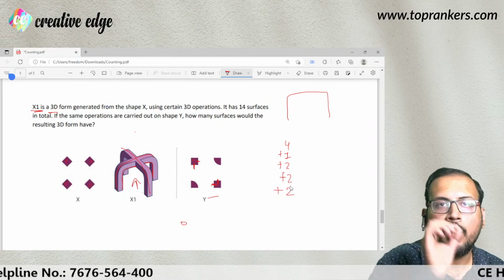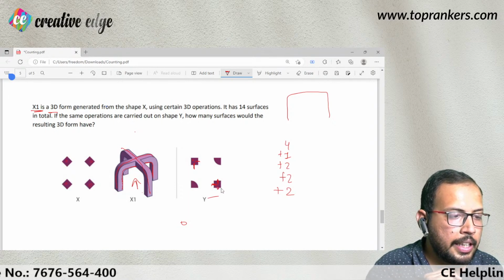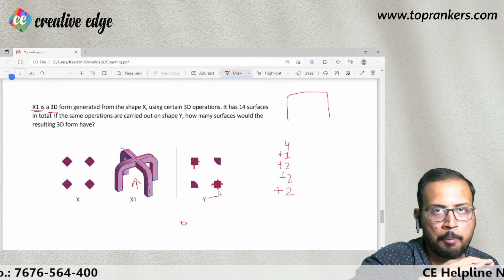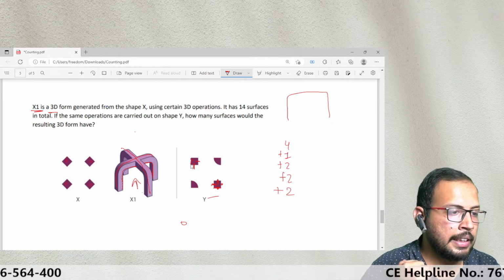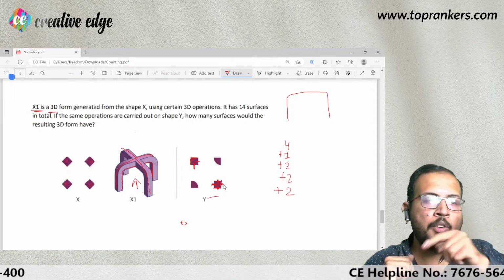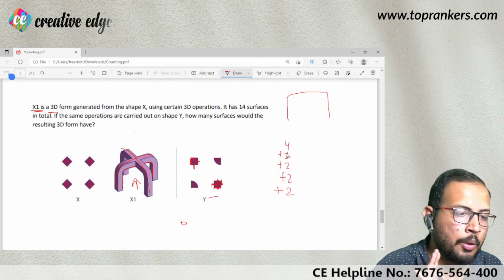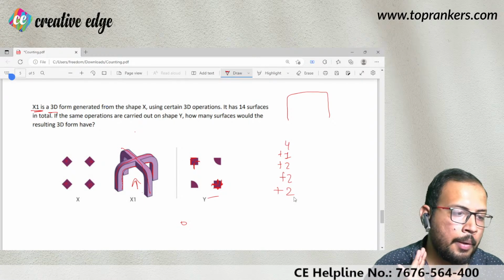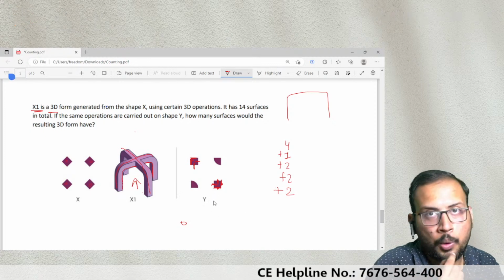ओके, अब यहां पर हमें क्या करना होगा? Now look, let us look at these surfaces. अब पीछे वाले सरफेस को काउंट करते हैं, जो कि ये वाला सरफेस मैच हो रहा होगा इसके साथ और ये सरफेस मैच हो रहा होगा इसके साथ। Again the U shape we have to make. ठीक है, तो यानी कि यहाँ पर अभी तक हमारे पास कितने हो गए? पाँच, सात, नौ, 11। ठीक है, 11 सरफेस हो गए हैं।